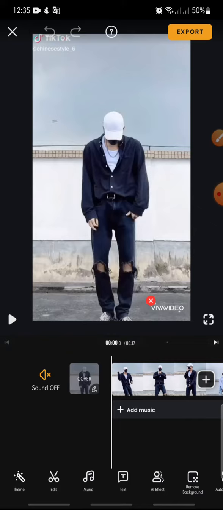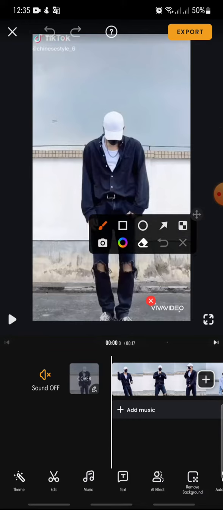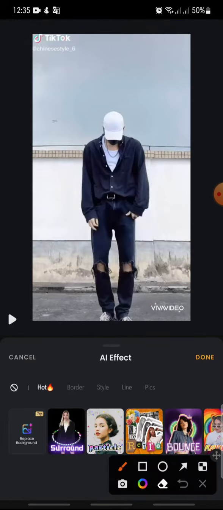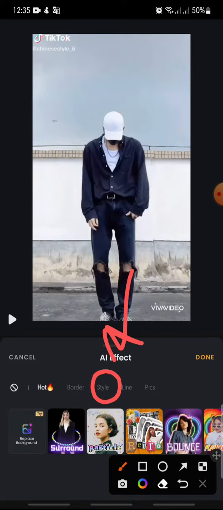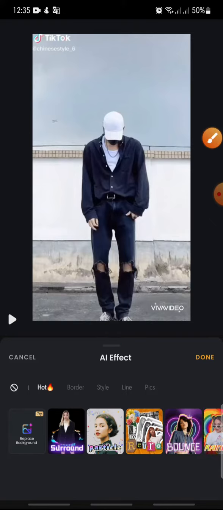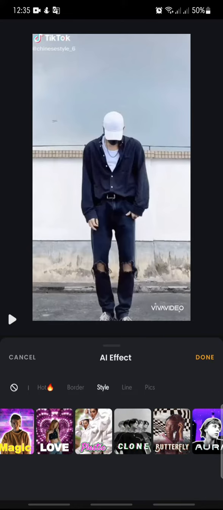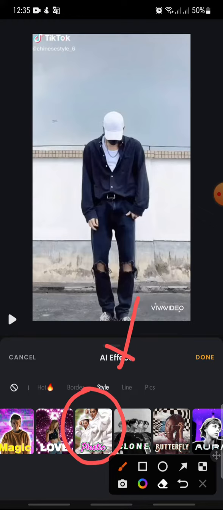Now let's get started. First, open your VivaVideo apps, and after this, in here at the menu, you can click on the all effect at the bottom. Click on it, and then in here you can click on the board on the style. Click on the style, and at the style you can swipe until you can see plastic. This one you can click on it,